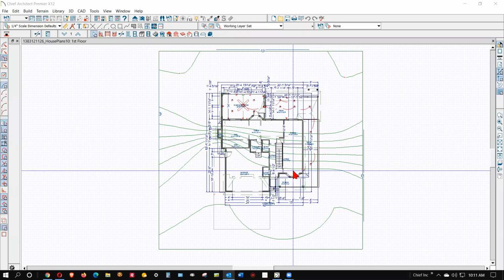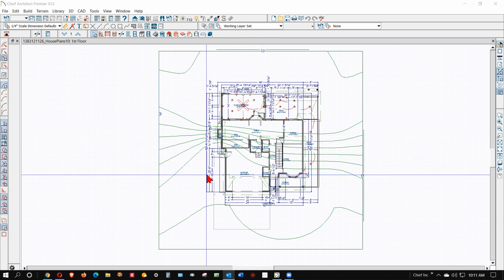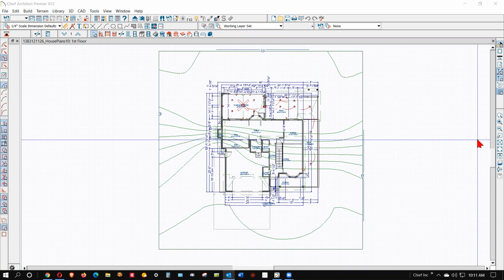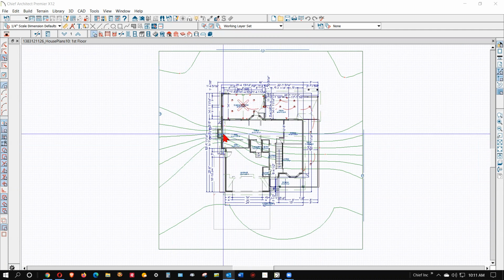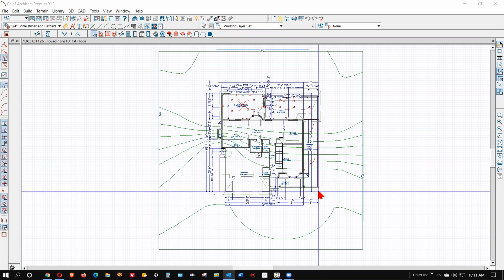Thanks for sharing your plan. I've got it open in X12. I don't have Home Designer Pro on my computer, but it's basically the same thing. Just to make it easier to look at all this, I'm going to turn off the